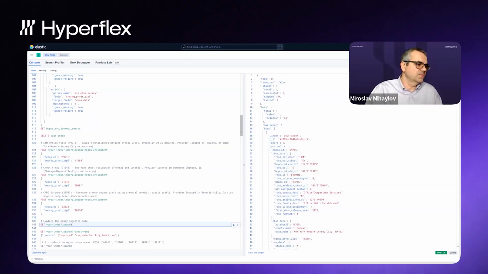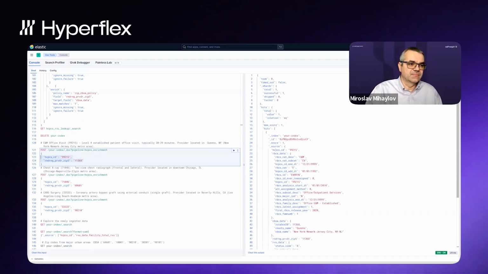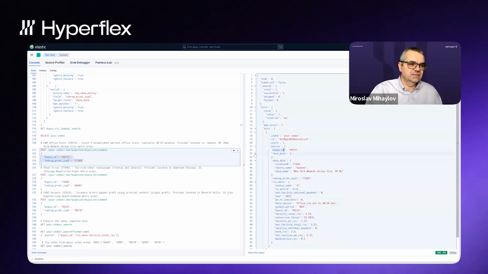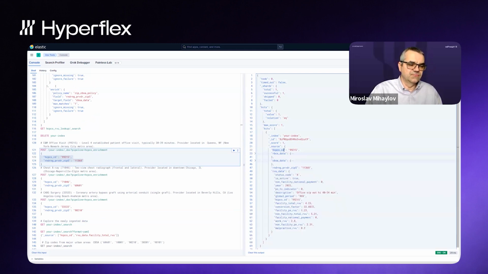We ingested a document with just two fields. And look what we get at the end. We get this giant thing: we have our original HCPCS code, we have the RBCS data, the CBSA data, and the RVU data with all the different attributes we discussed.